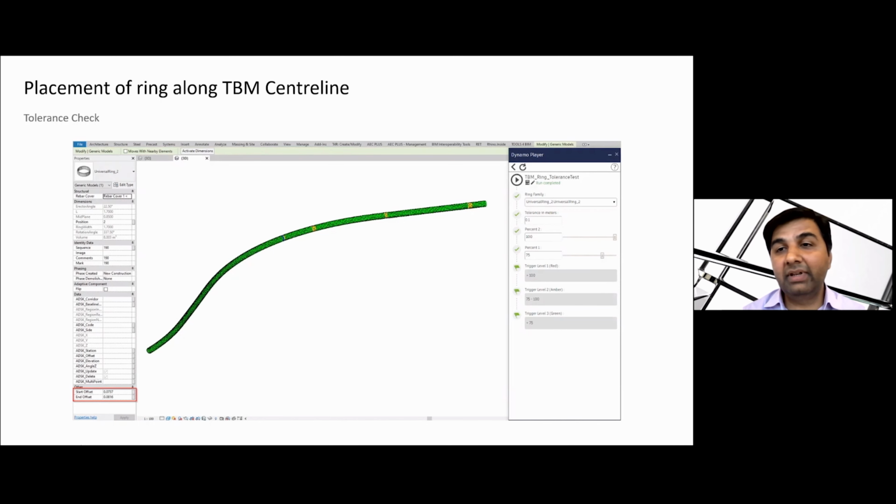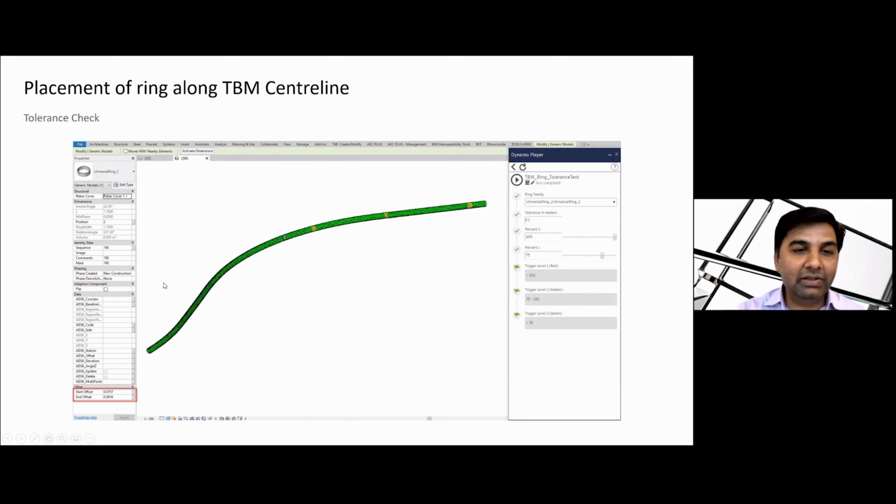All rings having an offset between 100% and 75%, so for example, here we are using 100 mm tolerance, those rings having a tolerance of 0.075 or 75 mm to 100 mm, are yellow now. And those rings which fall below the 75% trigger level will all be green.